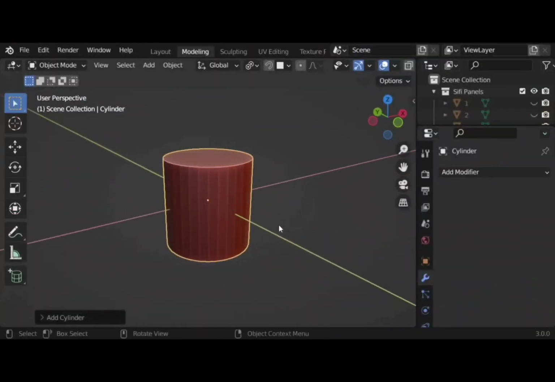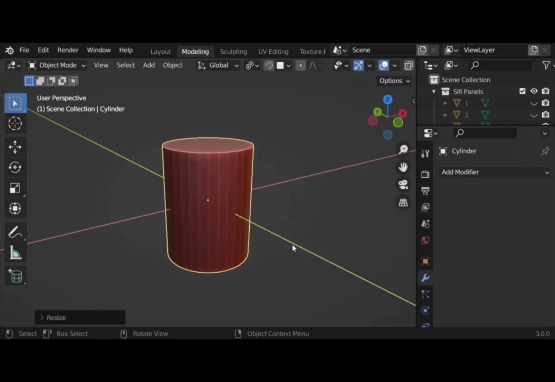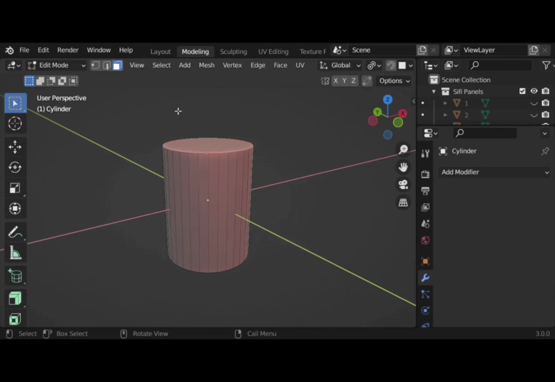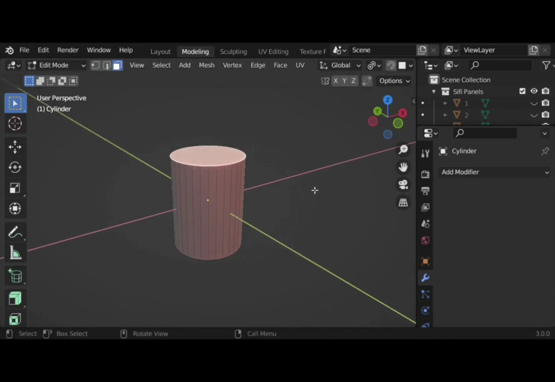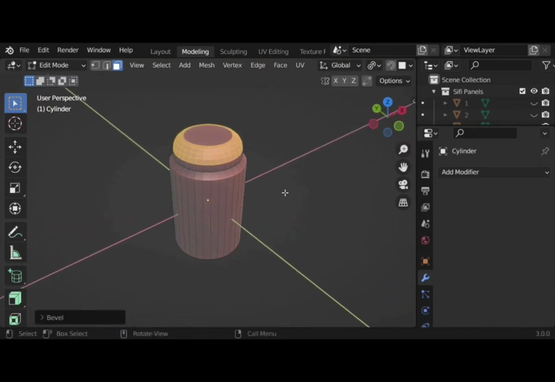Let's select a cylinder this time, and we're going to scale it a little bit in the Z direction, and in edit mode we're going to select the top face. Let's extrude it a little bit and scale it down, and again extrude it, and we'll bevel it with Control B. Just a single bevel. We can increase the bevel segments by rolling our mouse wheel, and I think this is